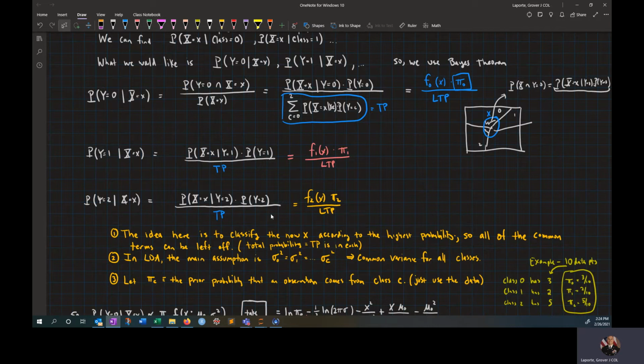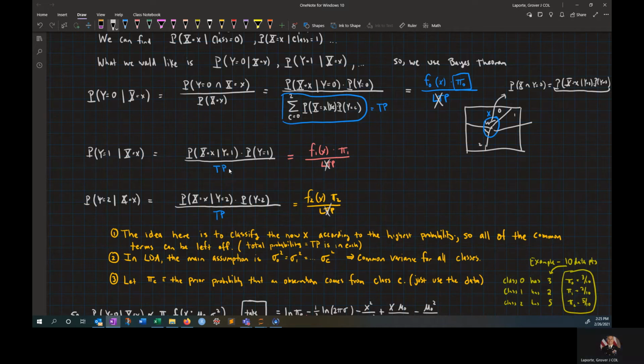So all of the common terms can be left off. What I mean by the common terms, I'm going to go to white, is that the same term is in each one of these. If I had three numbers, 5, 10, and 15, it wouldn't matter that I divided by 5, divided by 5, and divided by 5. Why? Because they're still going to be in the same order. I would still pick this one because it would be 3 instead of 15, as opposed to this one, which would be 1 instead of 5. So the idea is you can get rid of all the common